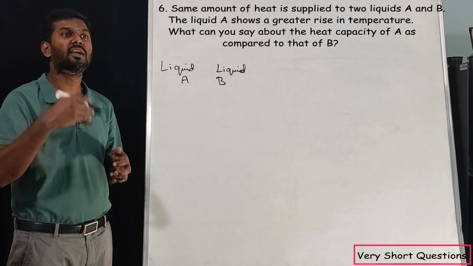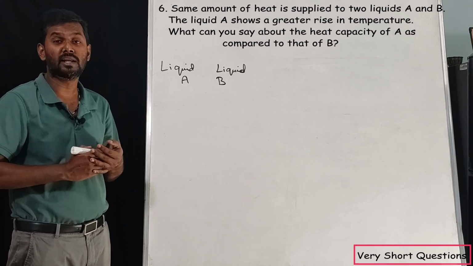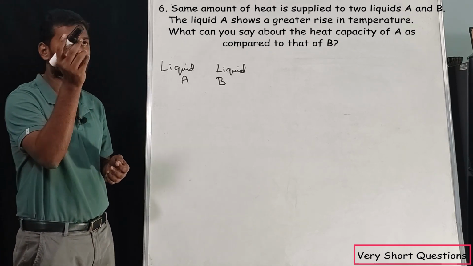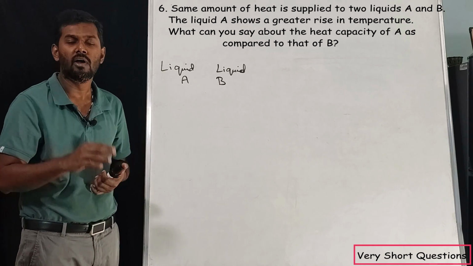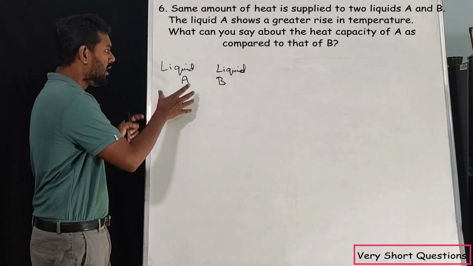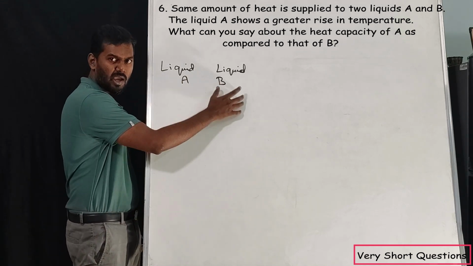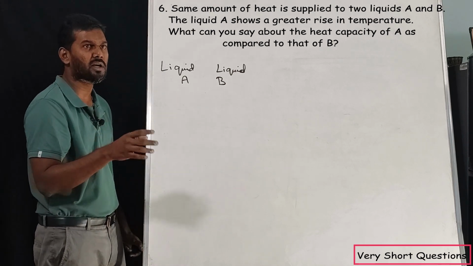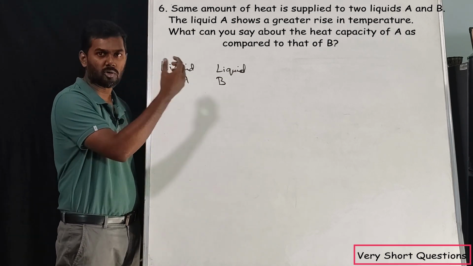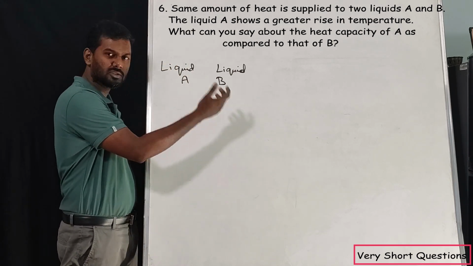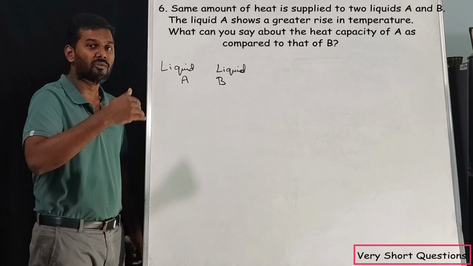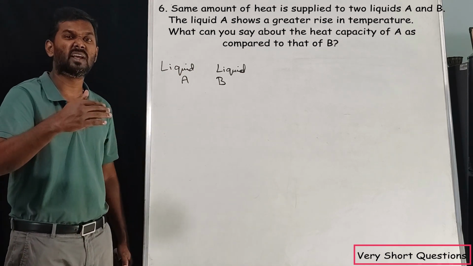Then liquid A shows a greater rise in temperature. See, this type of question we have learnt earlier itself. Whenever we have same amount of mass, that is not mentioned here, so we are going to assume it as same amount of mass, and we are going to supply same amount of heat energy. Whichever rises the temperature faster,